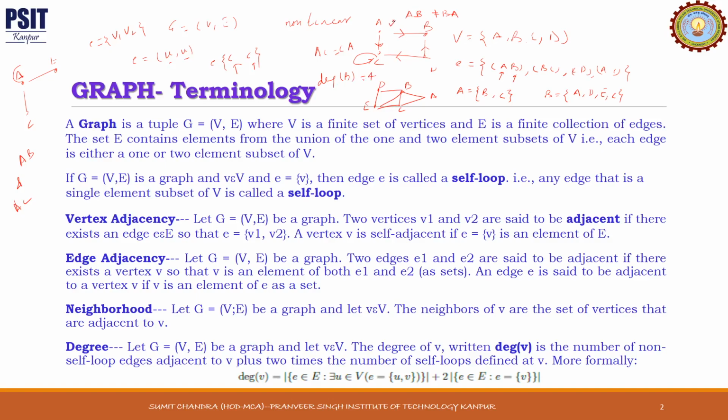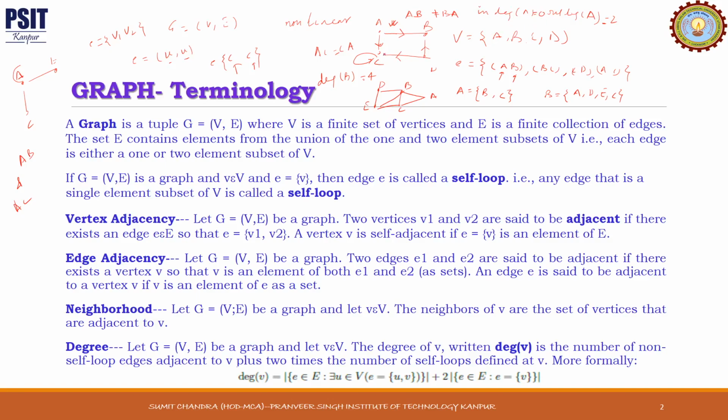But if the graph is directed, then this degree becomes the in degree of a vertex, say A, and the out degree of a vertex, say again A. In this figure we can see the meaning of in degree. In degree of a vertex means the number of edges that are coming to it, and out degree of a vertex means the number of edges that are going from A. Here the number of edges going from A is 2, so out degree of A is 2. But the number of edges coming to A is 0, so in degree is 0.